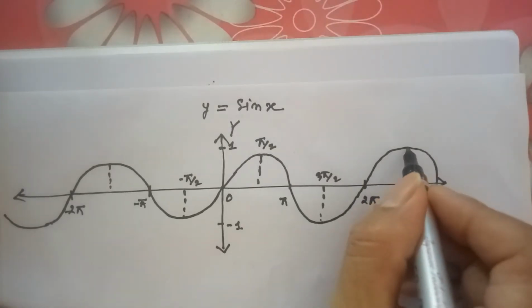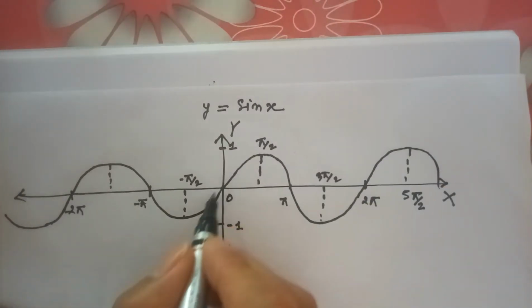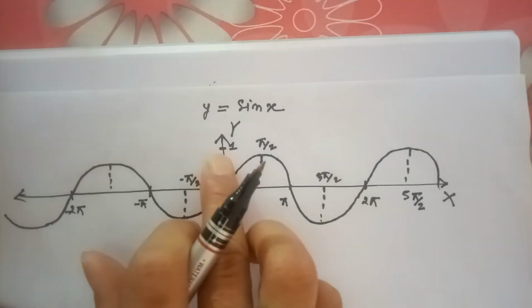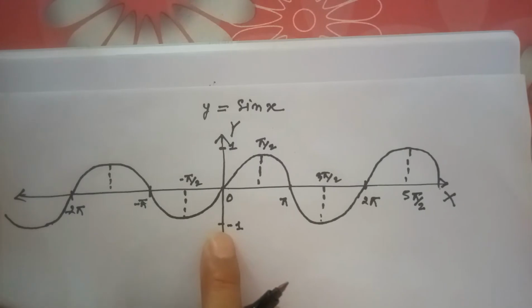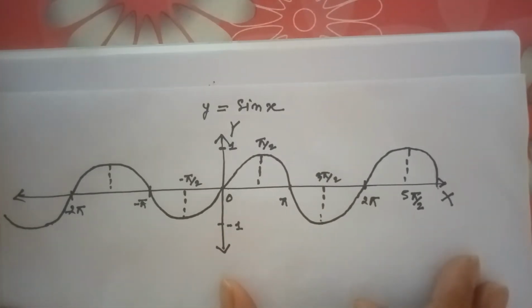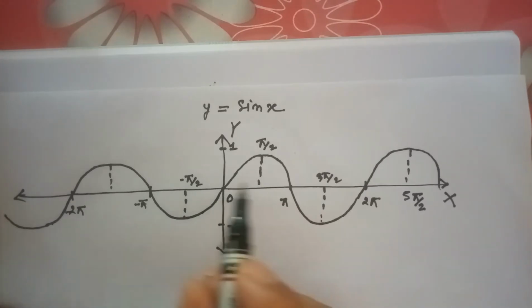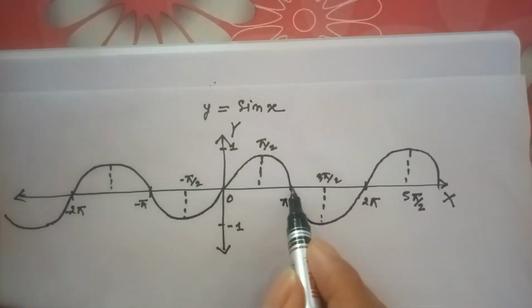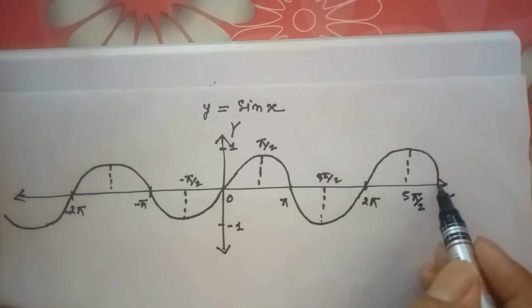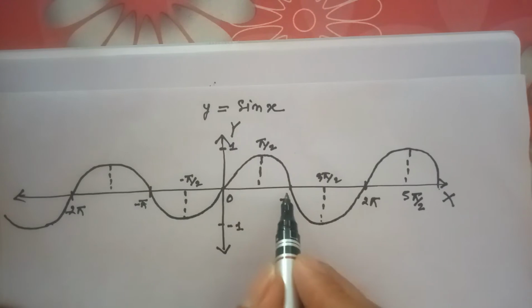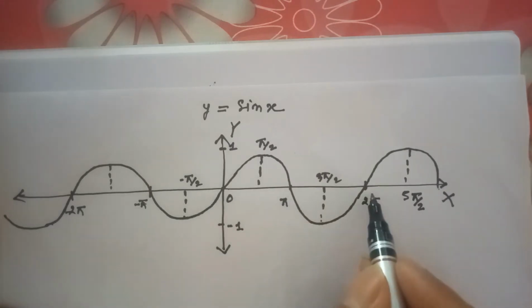Again it goes up to 1 and it goes down to minus 1. So the range is maximum 1 and minimum minus 1. As you see, suppose you take the value x equal to 0. What do we get in the range? We get 0 here, 0 again, 0 again, like this: 0 degree 0, pi 0, 2 pi 0. In this way it's going.